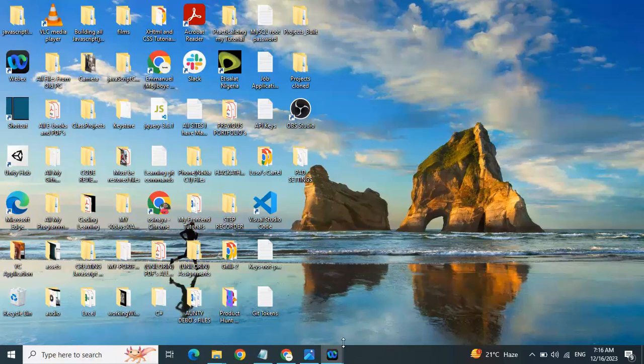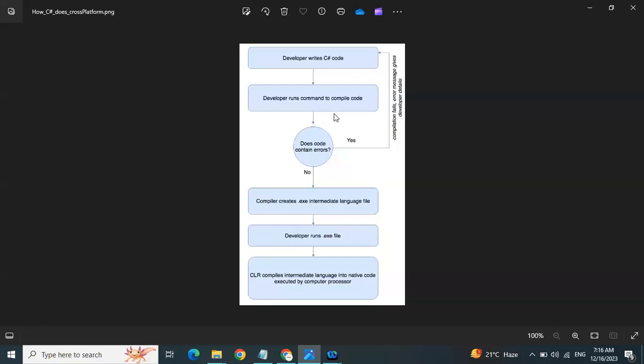So, in this video, we'll be exploring how C# code helps in cross-platform automation. The first stage in which C# code will help you in cross-platform application is the first stage, where the developer writes code. This is a stage in